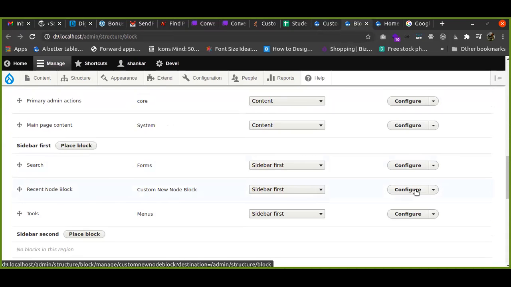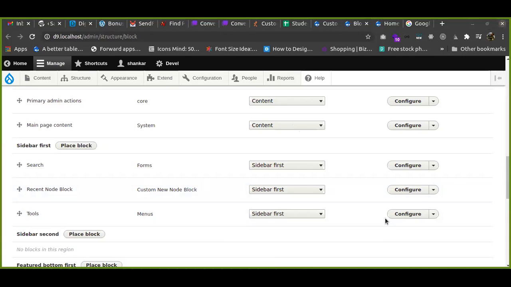In the bottom left, you can see the anchor tag information, right? There you can see the machine name of the block, custom new node block. It is admin/structure/block/manage/custom node block, right? That is what I have mentioned in this code.